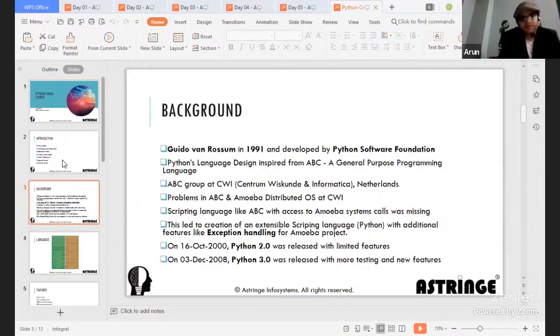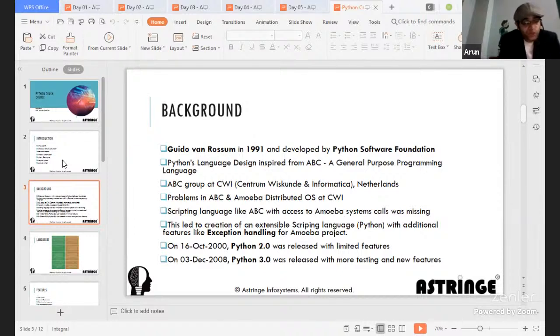Python started initially with 1.0 and various subversions all the way till 2000, and a lot of additions and new bug fixes happened even in 2000, and they actually released with some limited amount of features, but those features were at least a good amount back then. I'll not say they were huge, but at least good enough back then.